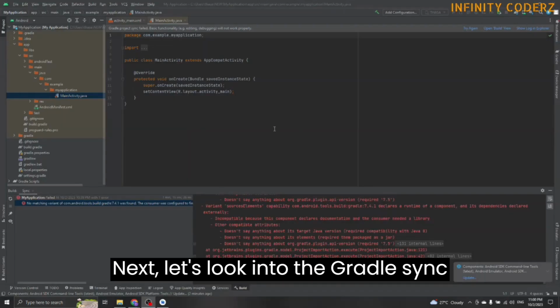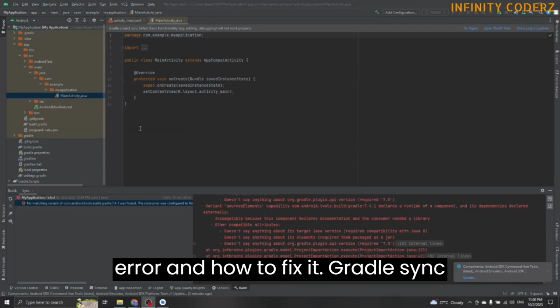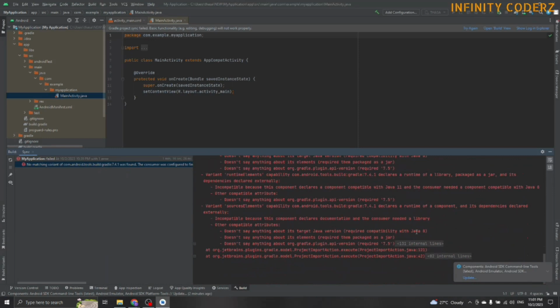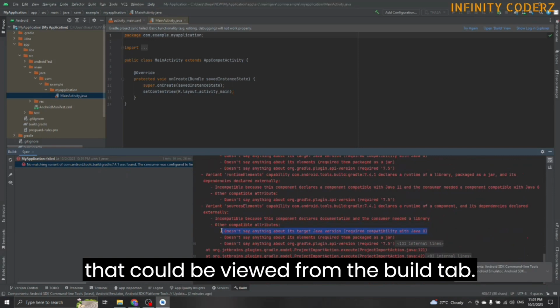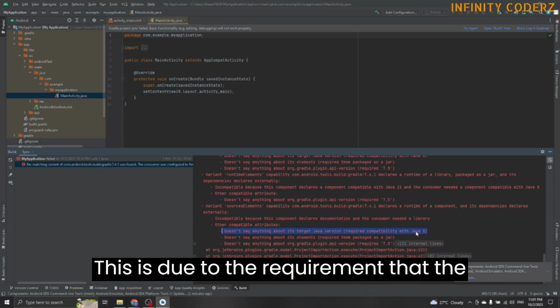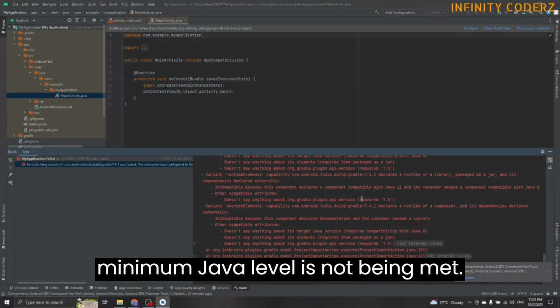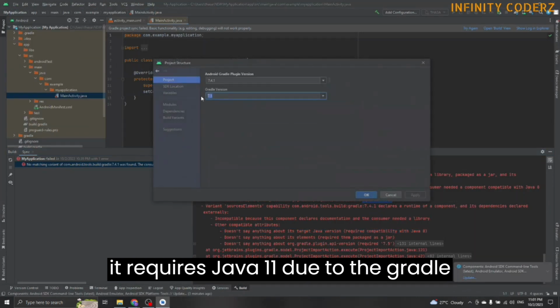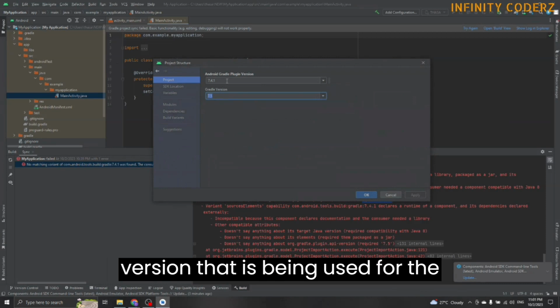Next, let's look into the Gradle sync error and how to fix it. There is an error during the sync that could be viewed from the build tab. This is due to the requirement that the minimum Java level is not being met. Currently, I'm compiling with Java 8, but it requires Java 11 due to the Gradle version that is being used